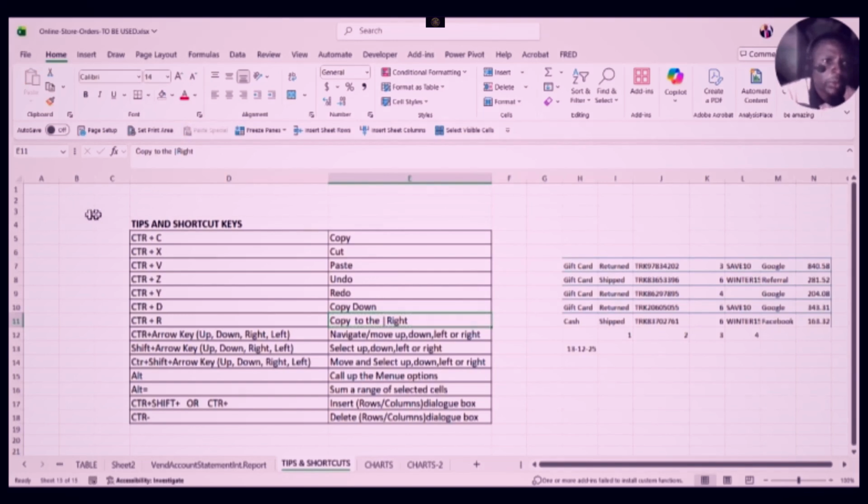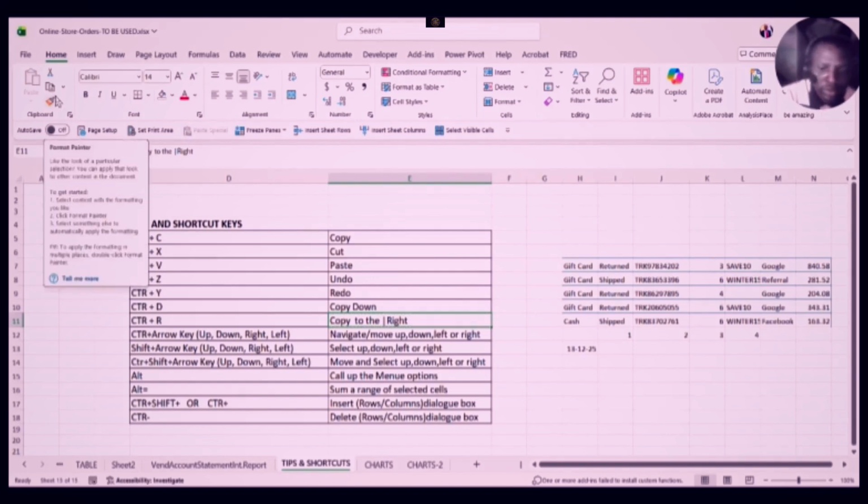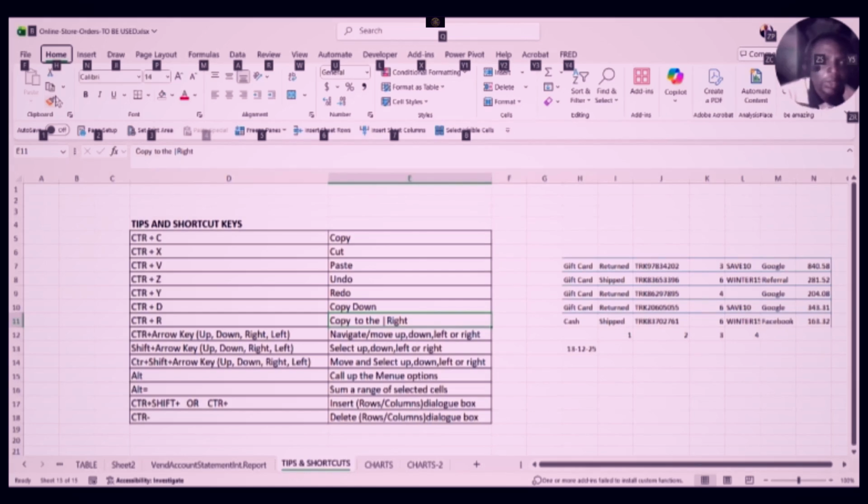Escape. All right. So if I say Alt, for instance, now look at, for me, this is the way I paste things. You can see because of the quick access toolbar that I have customized, I customize all this. Autosave is number one, page setup is number two, set print area is my number three, freeze pane is my number four, number five, and so on and so forth. So if I want to access page setup,